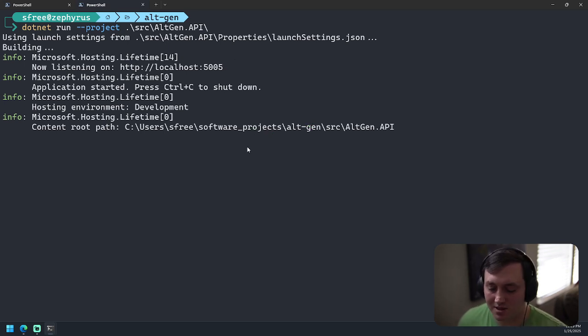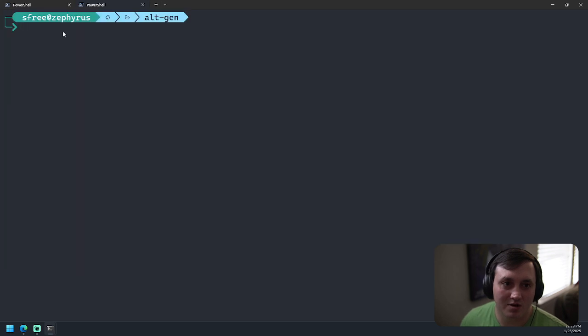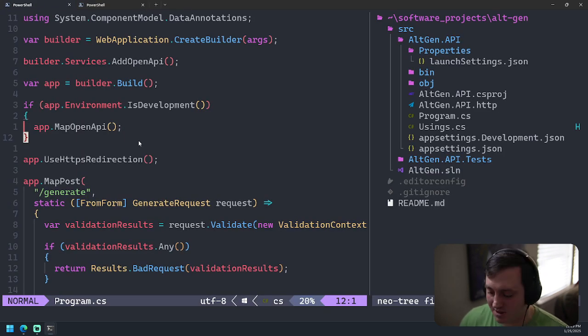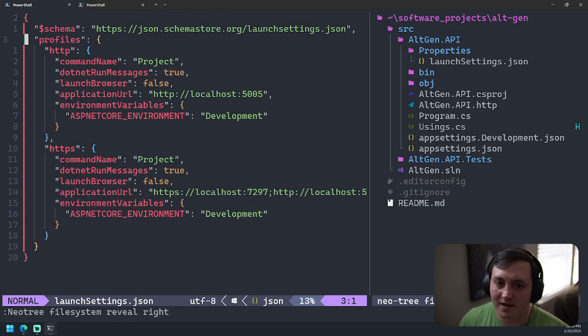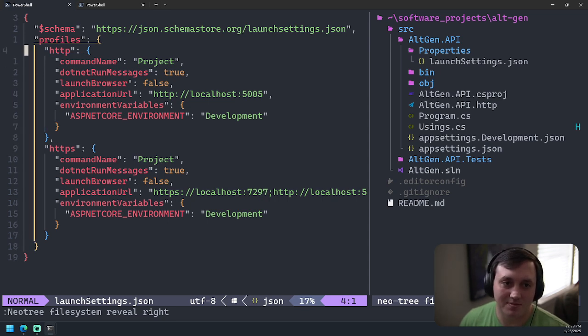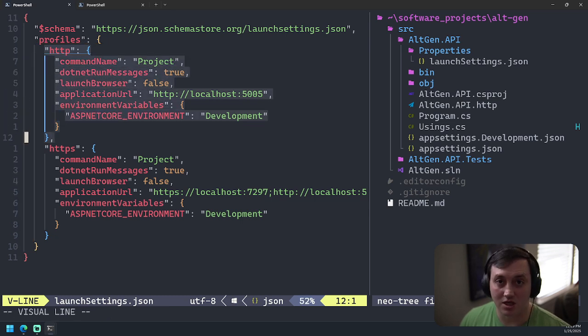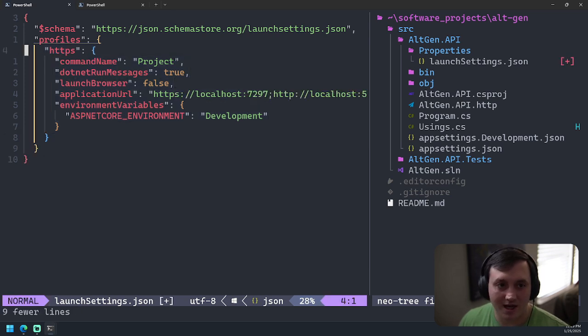A lot of the time, the reason is that in your launch settings file, the very first profile is the one that is going to be used. In this case, it's the HTTP profile. You could definitely specify which profile you want to use when you launch, but what I usually do is just move the HTTPS profile to be the first one. So let's go ahead and do that. Move that here. Go down below.